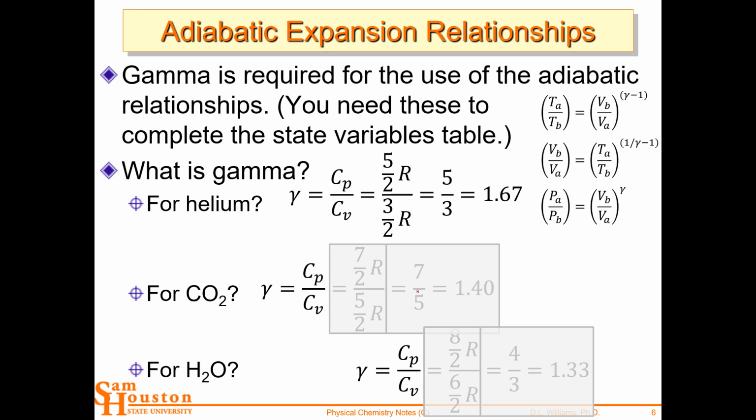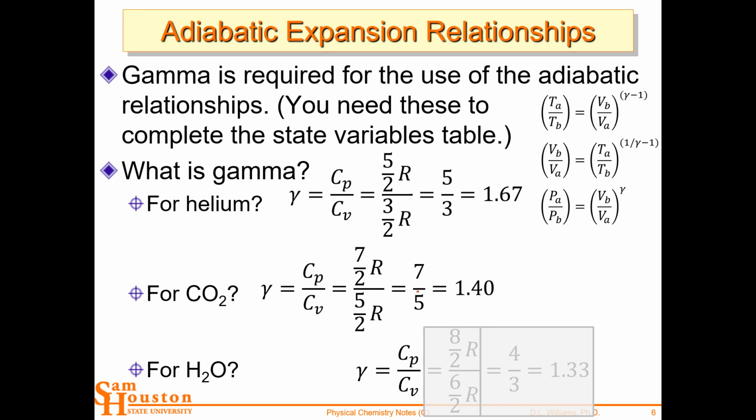Let's do CO2, a linear molecule. So we start out with Cv. Always do that first. So for a linear molecule, what do you have? 3/2 for translation, 2/2 for rotation. So that's a total of 5/2 for Cv. Add 2 more halves to get to the Cp. So that's 7/2. And so the R's cancel, the halves cancel, you end up with 7/5 for gamma for a